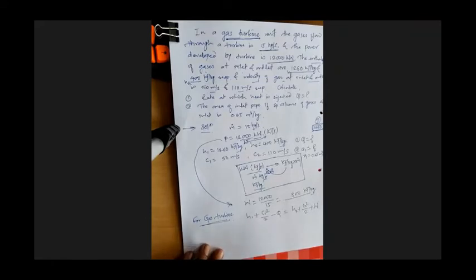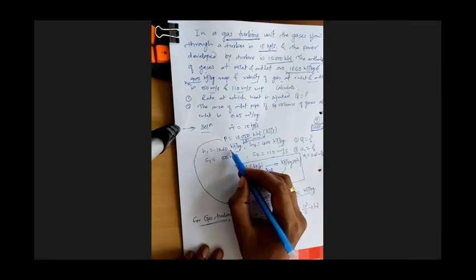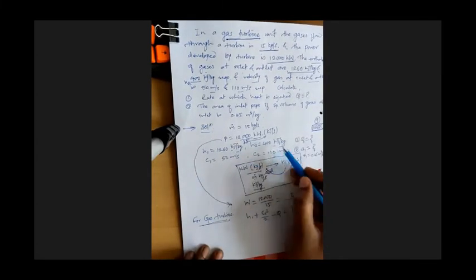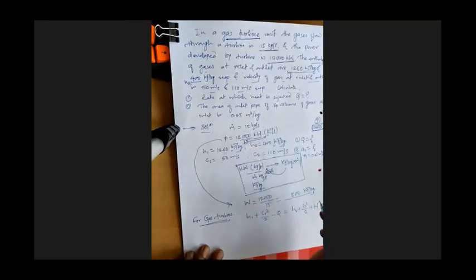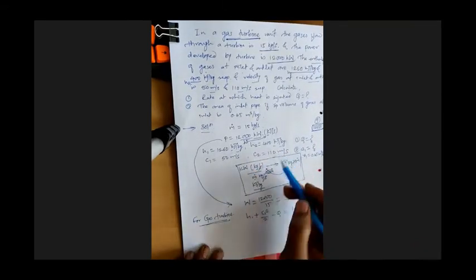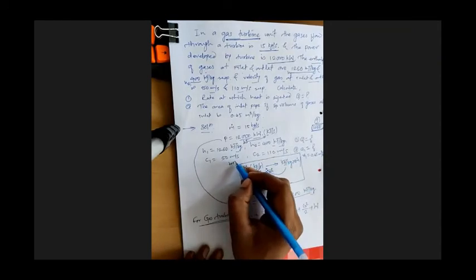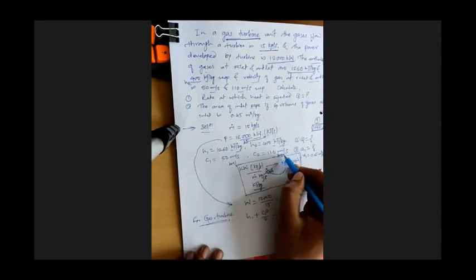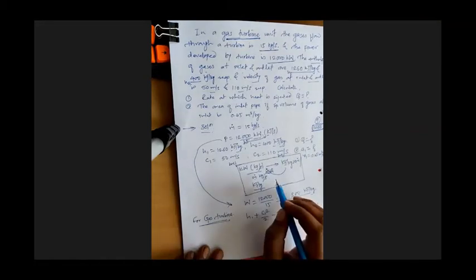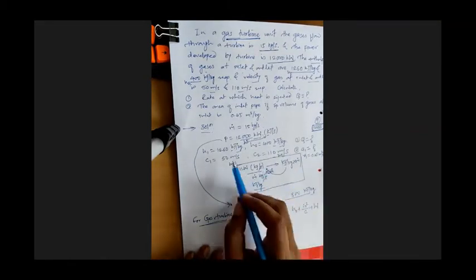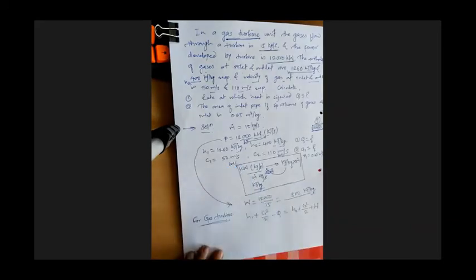Now let's put the given data in this equation. Before putting that data in, you need to remember that enthalpy terms are in terms of kilojoules, but velocity is in terms of meters. So this has to be converted into kilometers per second. Can any one of you tell me how to convert this 50 meter per second into kilometers per second? Divide by 1000. Very good.